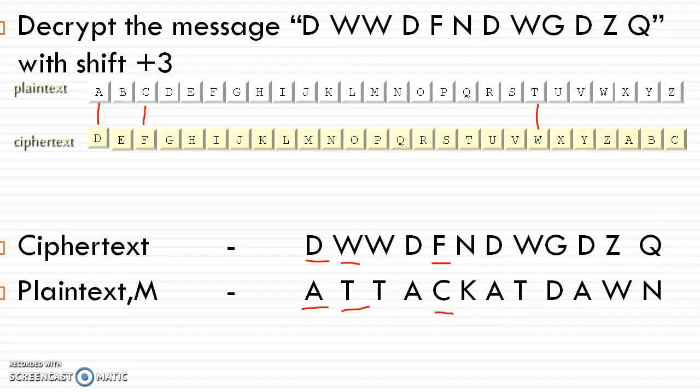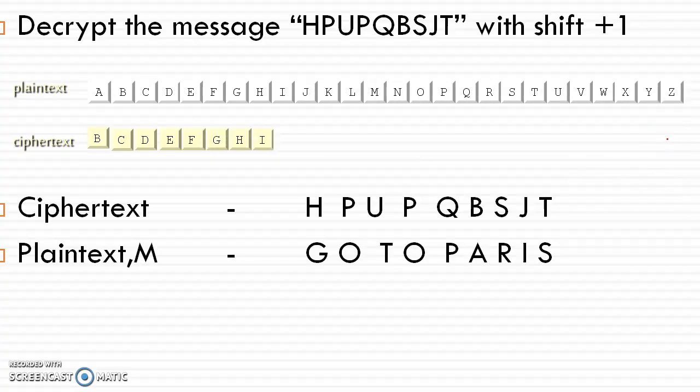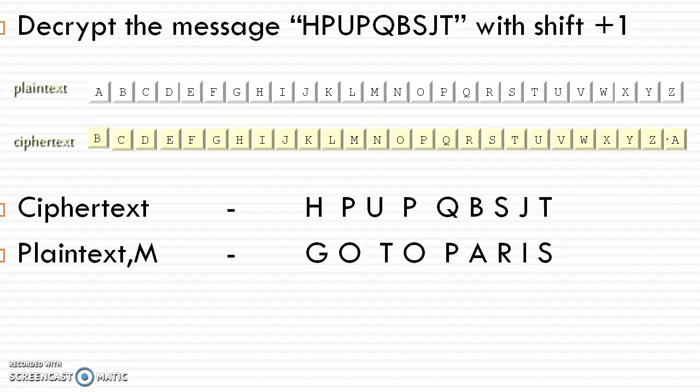In this way you have to decrypt your message. That is, first of all you have to find the table. The second step is each of the letters should be replaced with the corresponding plain text letters according to your table. Now the last example is: decrypt this message with a shift of 1. That is, you have to shift 1 place. Here also you have a plain text and corresponding ciphertext table. Now your message to be decrypted is